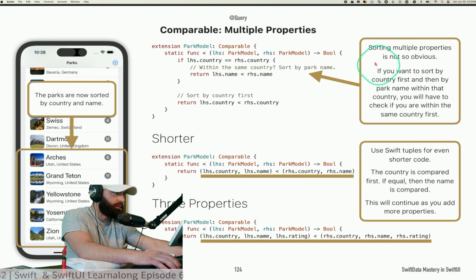Sorting multiple properties is not so obvious. You want to sort by country first and then by park. Within that country, you will have to check if you are within the same country first. Use Swift tuples for even shorter code. Country is compared first. If equal, then the name is compared. This will continue as you add more properties. Okay, so let's see. This is